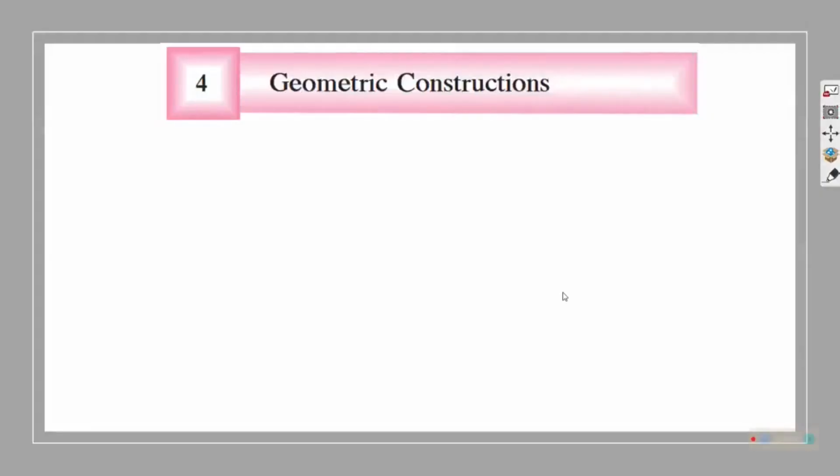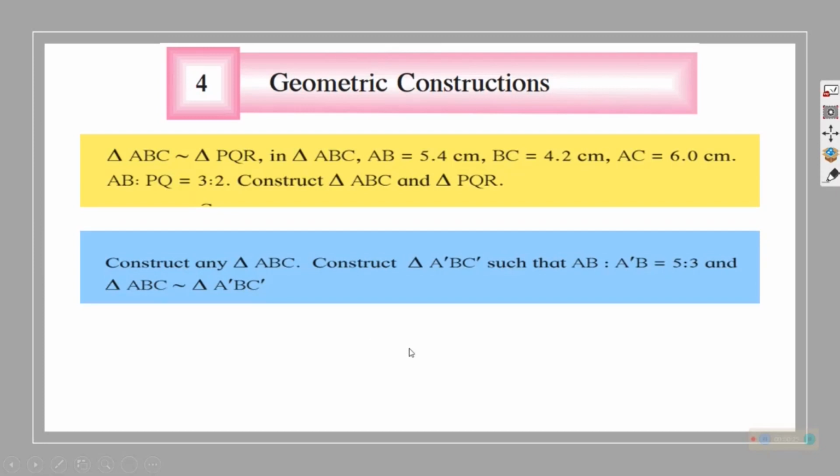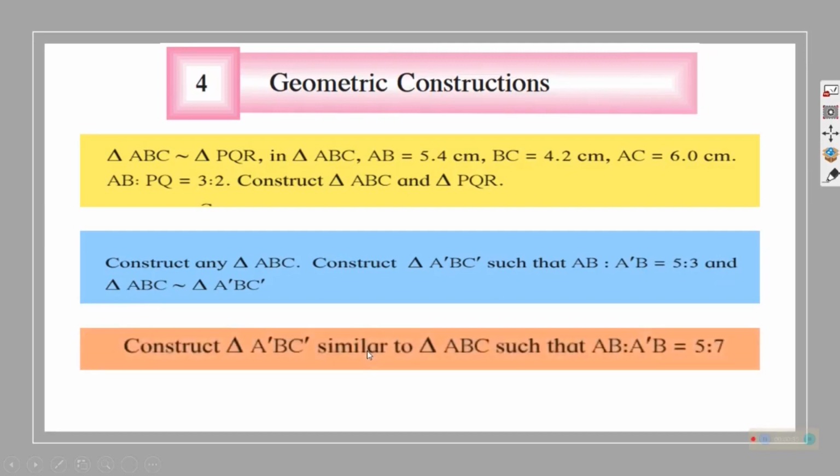Dear students, this video is also on constructions. You studied certain types of construction, especially construction of similar triangles, in connection with the theorem and things you studied in chapter 1 similarity, in the last video. If you have not done it, you have to go to the last video. I will be giving the link to the last video in the description. Go through that video, then come over here. These three different types of construction were explained and shown to you.